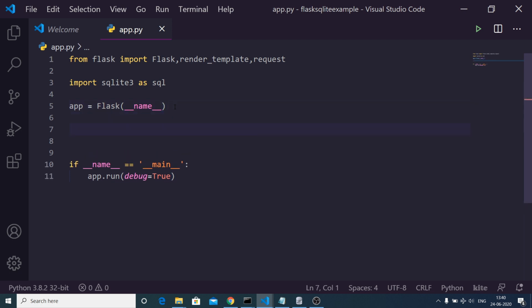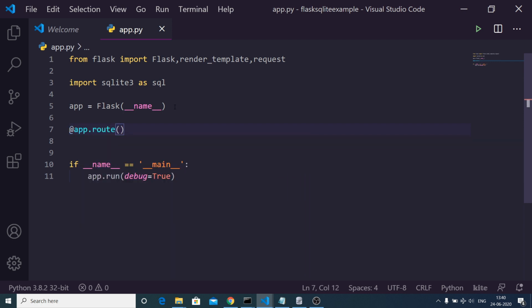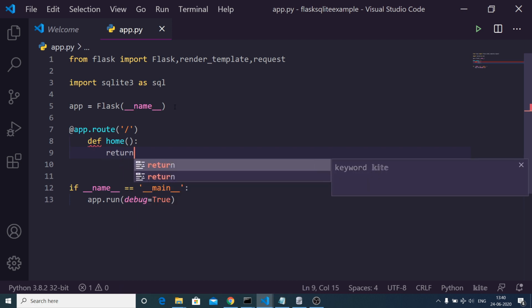Now we will make a simple route. In order to make the route, add @app.route. We will make a simple GET request to the home route. When we open the home route, we need to define a function, def home, let's suppose, put a colon, and after this we need to return a template.